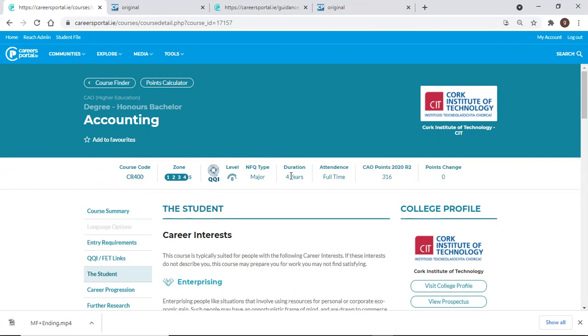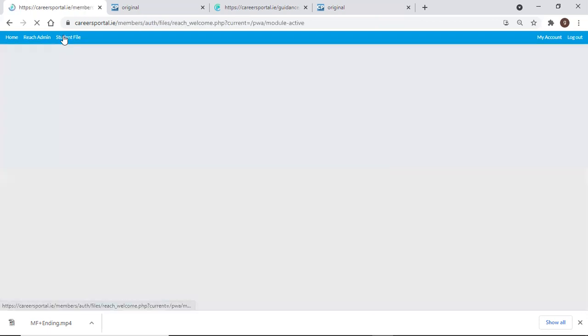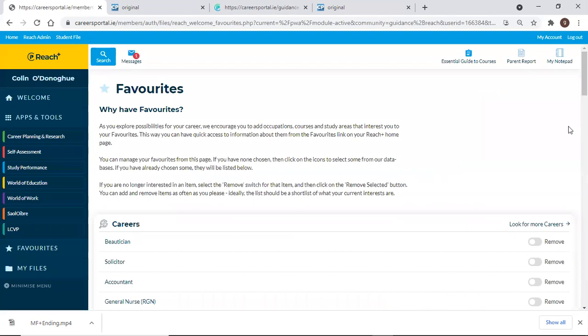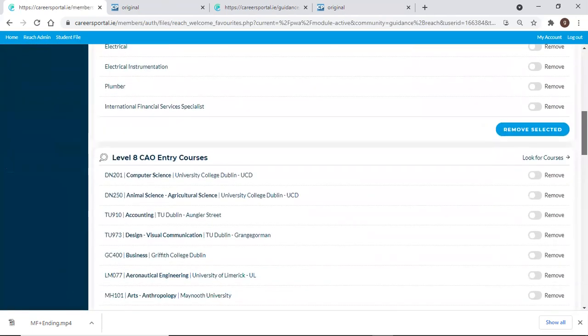If I really like this course, it could be only in transition year or in 5th year, and I click this add to favorites, I don't need to remember where I found this course. If I go back into my student file, I'll have the peace of mind that that course will relocate itself back in here into my level 8,